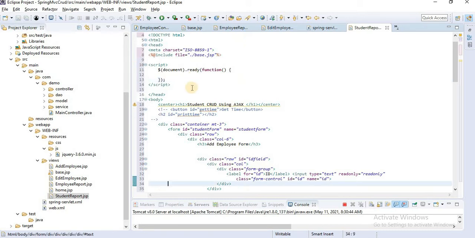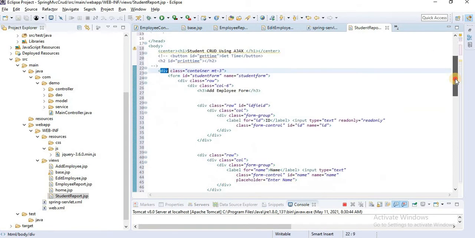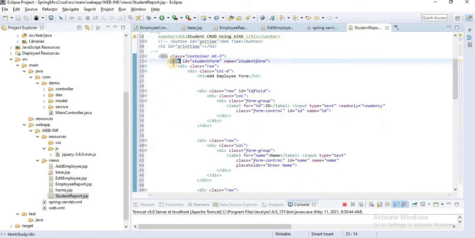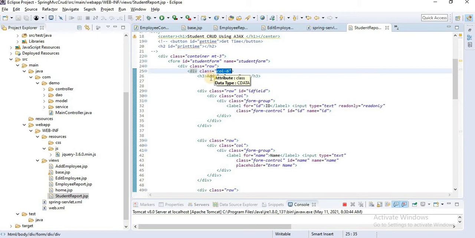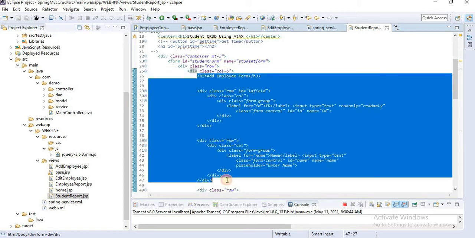In this file we are using a Bootstrap container. Here we define a container class div. Inside that div we create one form tag. Inside the form we create a row. Inside that row we divide the row into two columns, the first one is 6 and the second one is 6. In the first one we create a form.